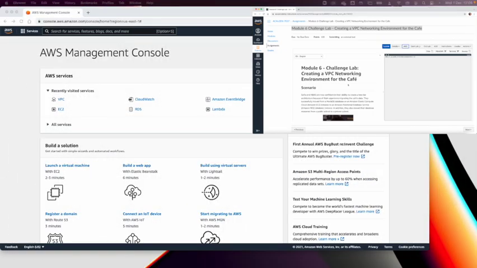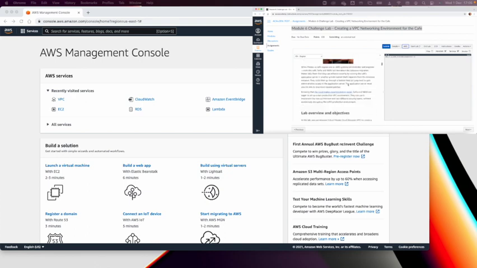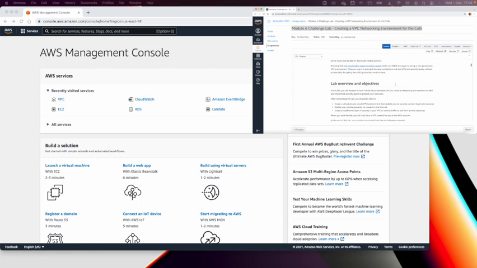Okay, guys, so welcome back to Challenge Lab, creating a VPC networking environment for the cafe. Now, this is the lab that we need to do for Module 6. In this lab, we have to deal with a new requirement, and the objective of this lab is to